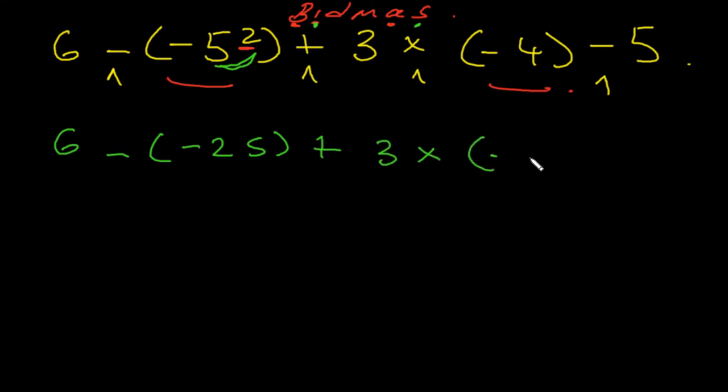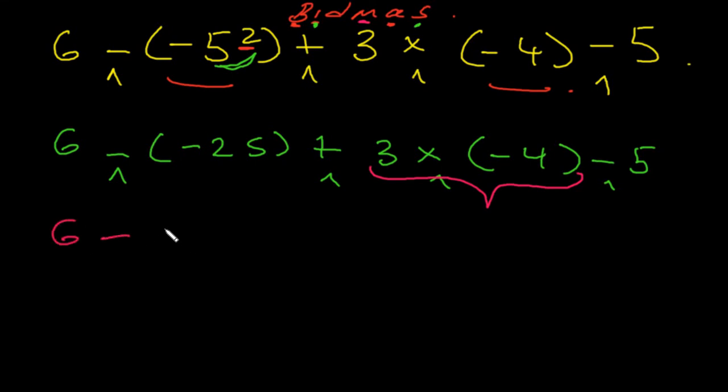3 times minus 4 minus 5. Alright, so now if we look at this expression again, we can see we have a subtraction operation, an addition, a multiplication, and a subtraction operation again. So we're going to go ahead and handle the multiplication first, because we can see here that multiplication precedes both addition and subtraction. So we're going to write it out again, but like this,